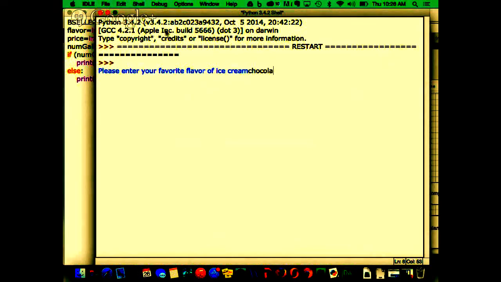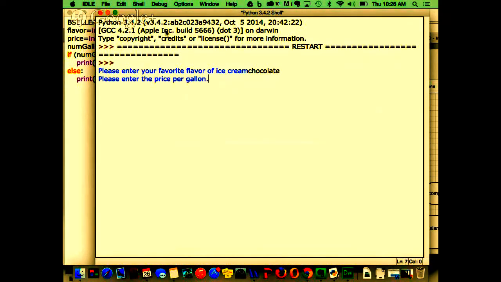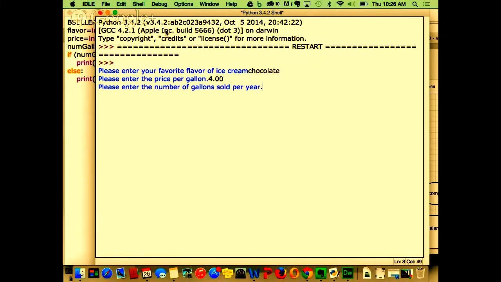Please enter your favorite flavor of ice cream. Okay, what should we enter? And then please enter the price per gallon, say $4. Oh, I bet since I didn't put float, it might not do that right.